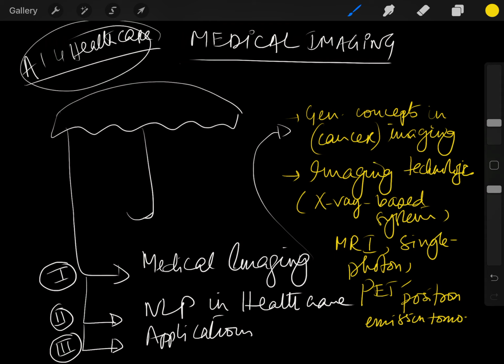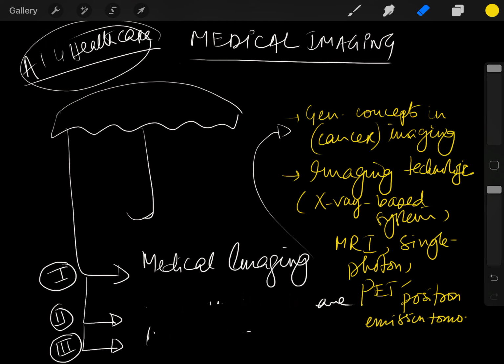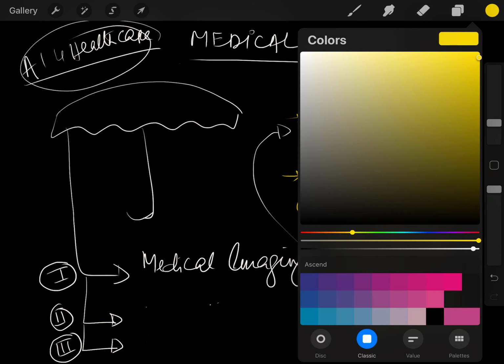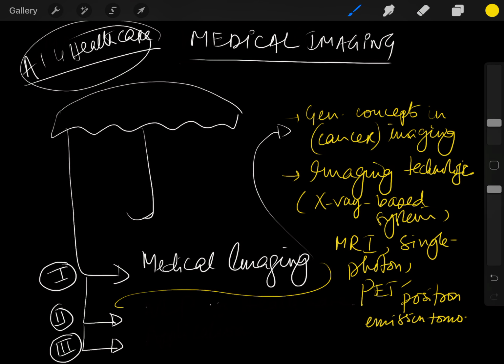What we're also going to be covering, under medical imaging, will be imaging in animal models. We're then going to obviously cover